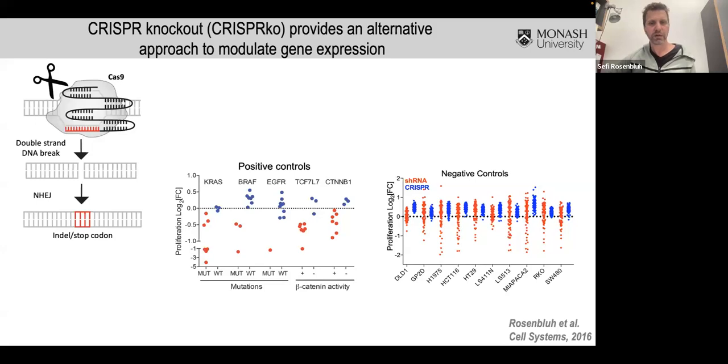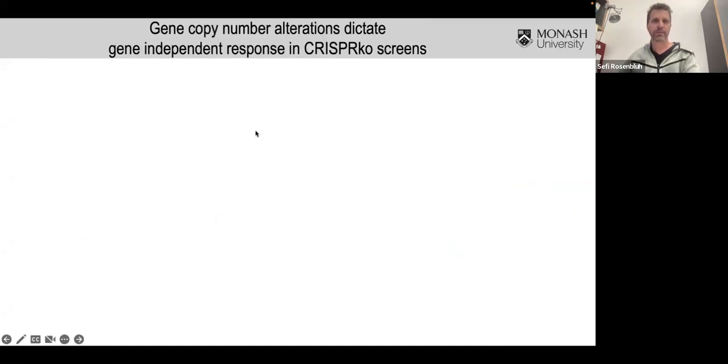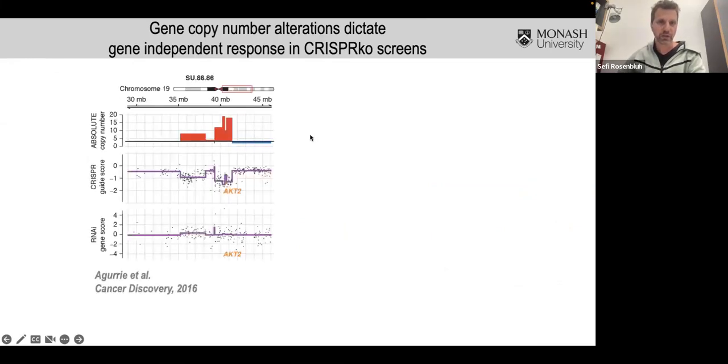But I think we've learned from all of our previous mistakes. And what we know is that all of these methodologies, and this includes 100% of the methodologies that I will show you today, all have issues. And the main issue that we see with CRISPR knockout is this bias in genes that have amplified regions. So here's an example of a cancer cell line. This is a pancreatic cancer cell line in this example that has an amplification of chromosome 19. So this is the profile of the copy number amplification of this cell line.